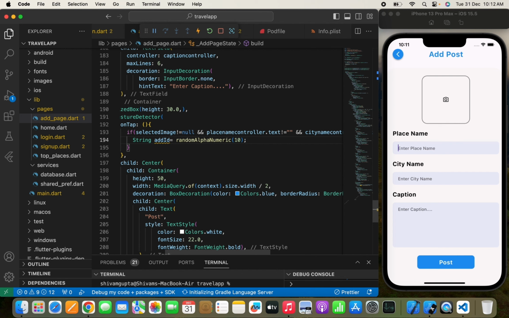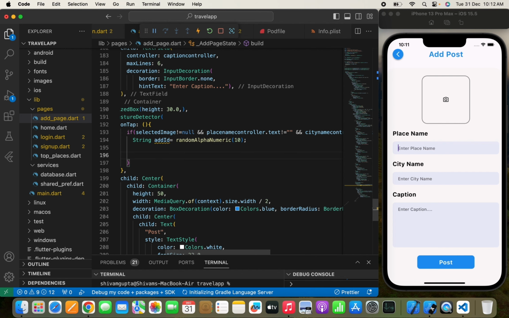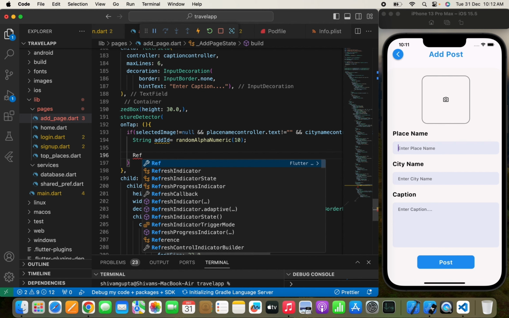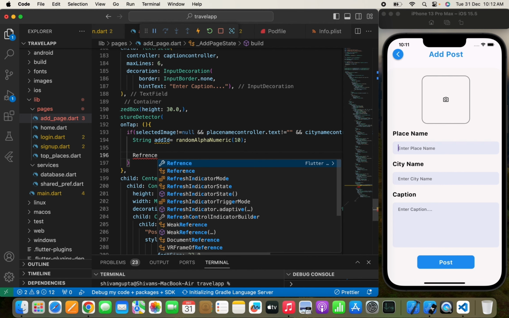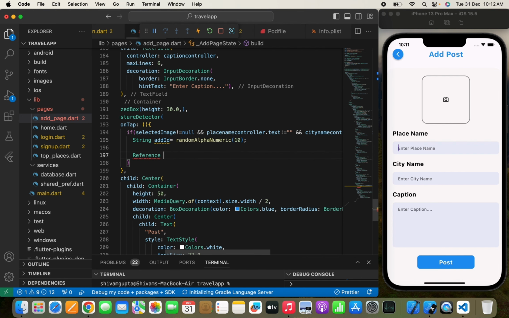I think in all the series we are uploading the image, so I have used it many times before. I think you don't have any problem, but if you are new, then I'll simply explain why I'm using that. So I'll just write a reference, and in the reference I just need to write a Firebase storage ref